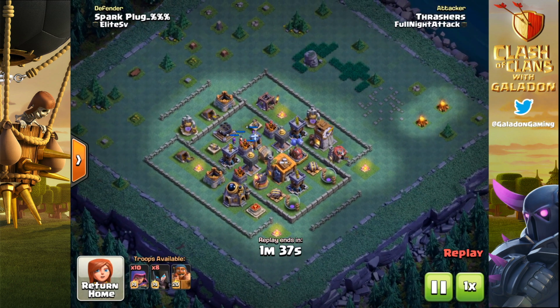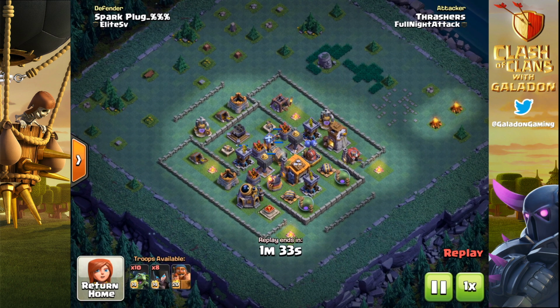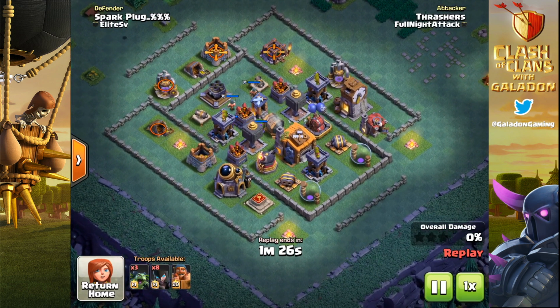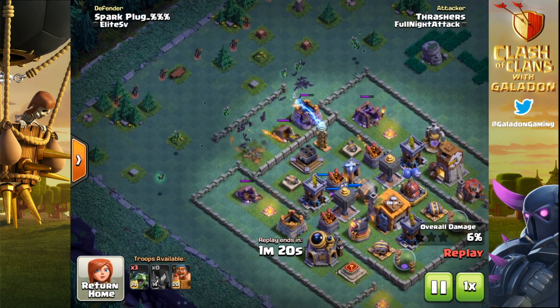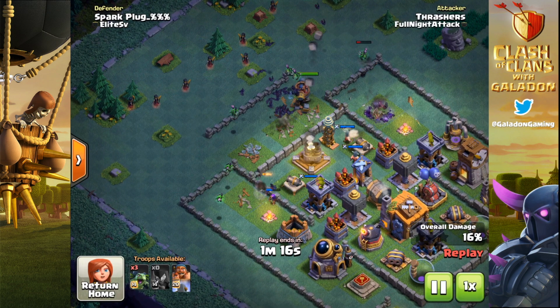That's right, the key moments in battles that led to a 3-star victory, in hopes that we can all take a closer look and maybe replicate these moments in our own attacks. So first of all, we're going to look at Thrashers from Full Night Attack, that's FNA, dropping in Night Witches and Minions. So we don't often see a lot of Night Witches, but as the Battle Machine level 20 moves